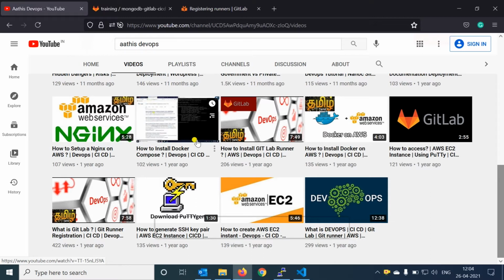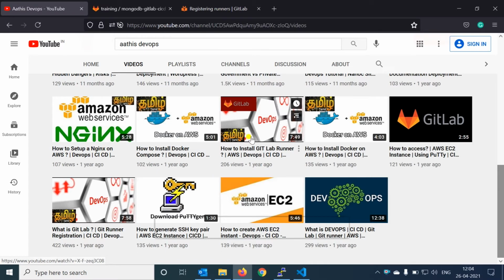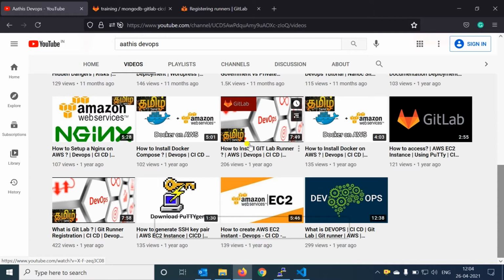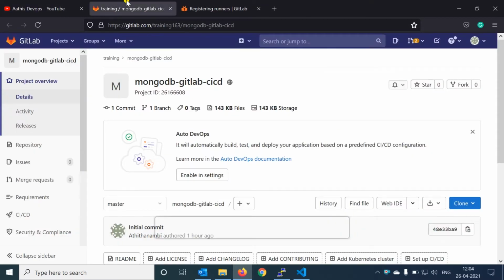the GitLab runner, the particular project's GitLab runner, to our virtual machine. For that, we need to create the GitLab runner. After completing the GitLab runner registration, we need to create a runner for each and every project, because we are using open source GitLab, so we couldn't create a shared runner. If it is a paid version, you can create a shared runner and use one single runner for all the projects, but we are using open source here, so we need to create an individual runner for each and every project. For that, I'm moving into GitLab.